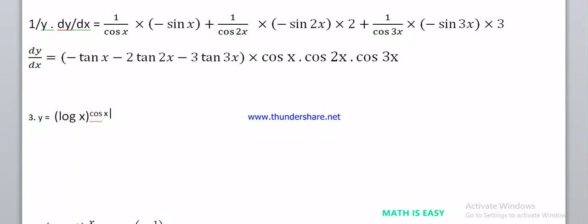Okay. So if I consider y equals to this one, then the solution is going to be, again the same, apply log on both the sides. It is going to be log y is equals to log, maybe I'll put the bracket, log of this entire thing will come, log of some theta power this one.